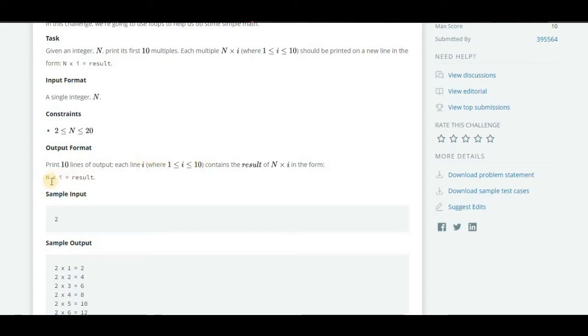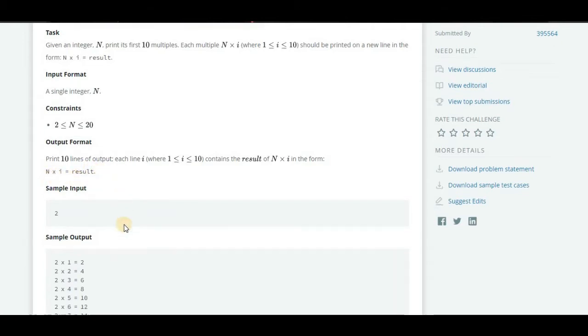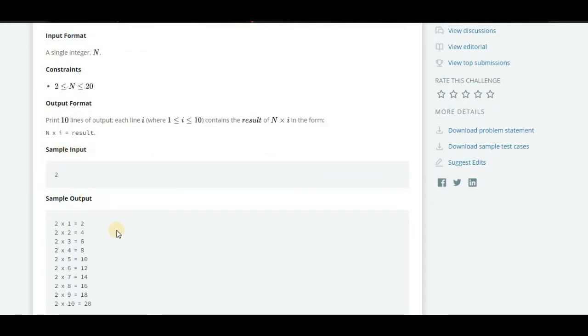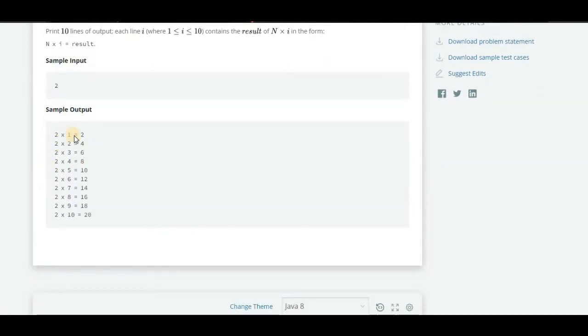It should print n x 1 = the result, then n x 2 = the result, something like this. If the input is 2, we are printing the table of 2, like 2 ones are 2, 2 twos are 4, 2 threes are 6, like this.